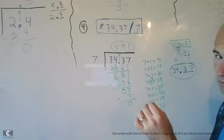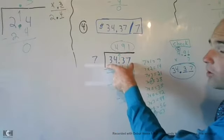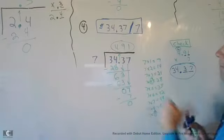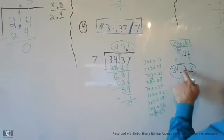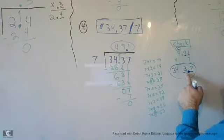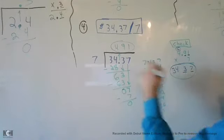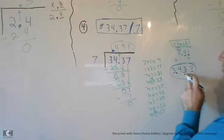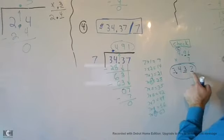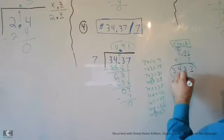If you made a decimal error, meaning you put the decimal in the wrong place. If you try doing 491 times 7, you're going to get a whole lot bigger number than this. Okay? Or if you accidentally put the decimal there. 49 and 1/10 times 7. You're going to end up getting 343 7/10. Okay? If you accidentally put the decimal here, you'll get 3 437 thousandths. So it is very important to always check yourself, because when you check yourself, you'll notice,